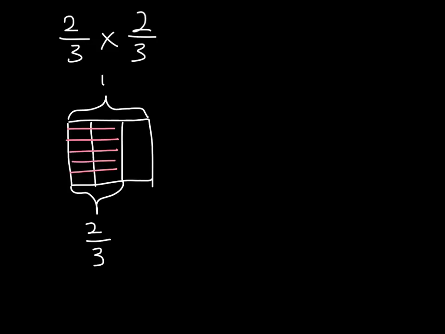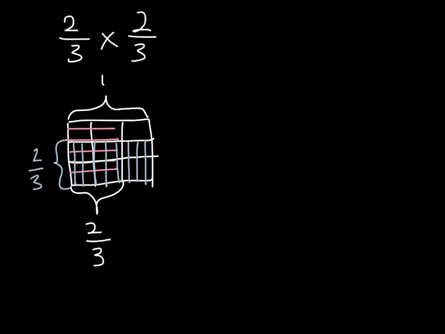Okay, and now I see that I'm going to multiply that by 2/3. I do not have a group of 3 here that I can use the shortcut with. So I must draw my lines in the other direction, and I'm going to highlight 2 of those thirds. And the area where I have both red, pink, and blue highlighted is going to be